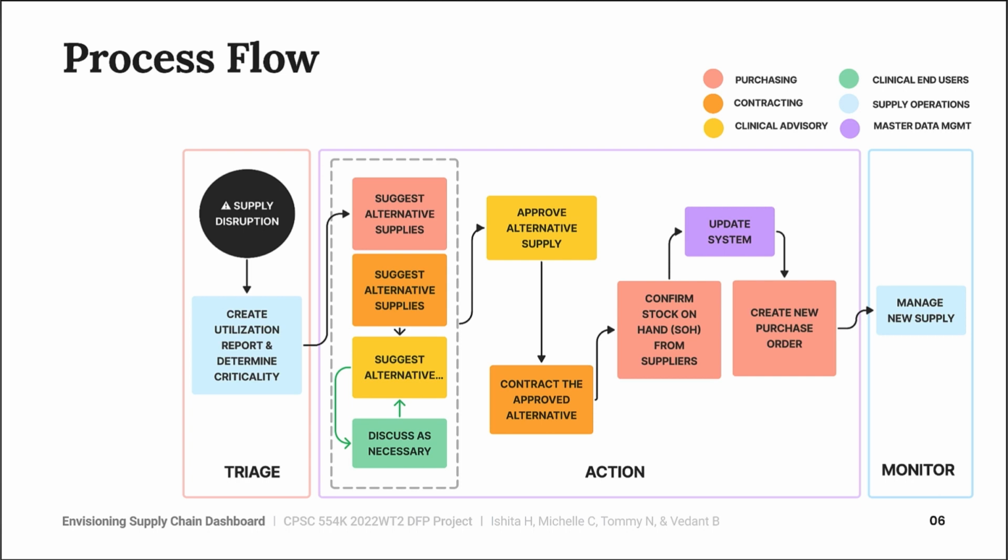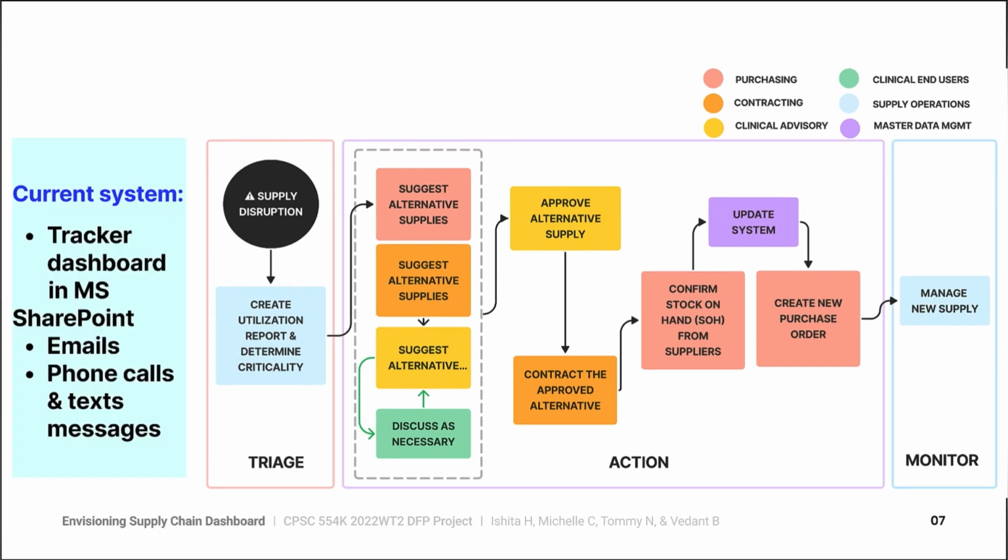After a disruption occurs, its criticality is determined first. Teams can then suggest alternative supplies best suited as replacements. After iterative discussion, an alternative is approved by the clinical advisory team. New contract and purchase orders are finalized, and the institution ERP system is updated to manage new inventory. These steps are currently worked on over a Microsoft SharePoint-based tracker in combination with lots of external communication like emails